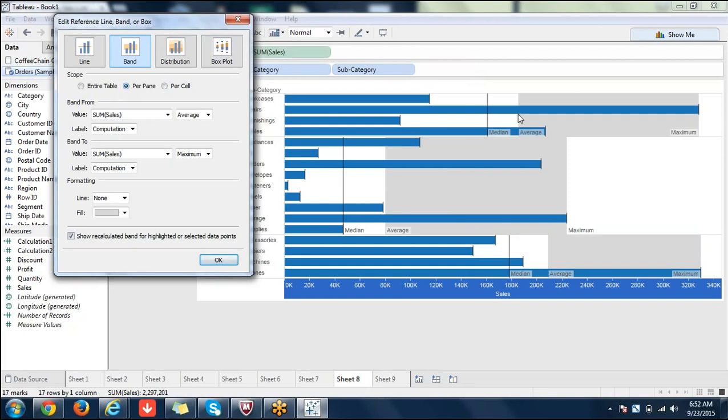It's varying because I've said average line here. And this is maximum. Maximum is the end of the bar. So maximum is this one, right? So this average is here, right? You can compare things like that.